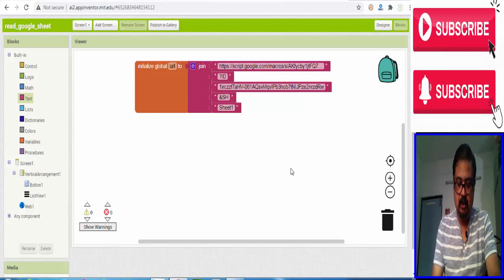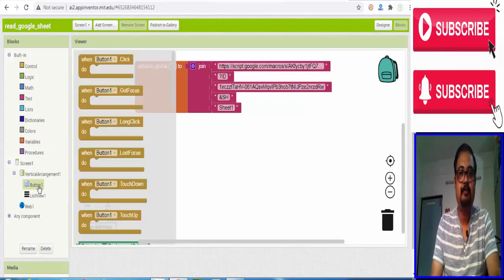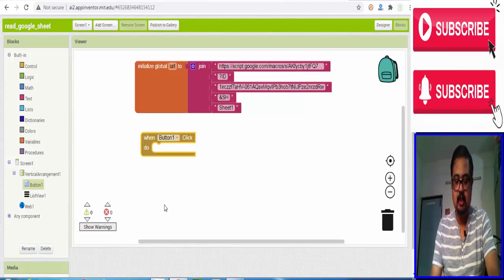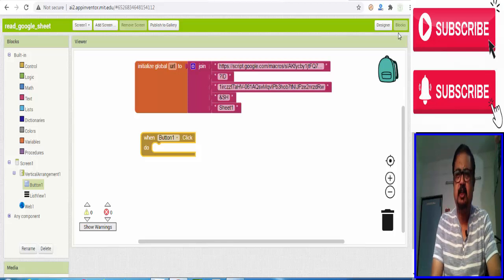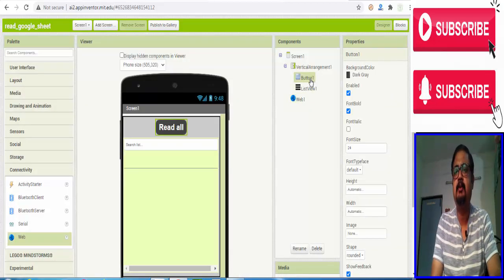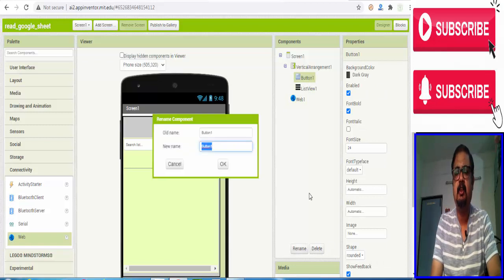Now we have to move to the next portion, that is when read all button pressed, then what is going to be. So go to the button, move here, button 1. Now at that place, actually we have to create something like that. We have to rename this button, then it will help you.